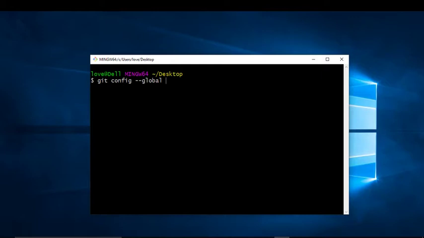And then you have to type user dot name, then leave a space, and then inside double quotes type your name, and then press enter. So our username is configured,